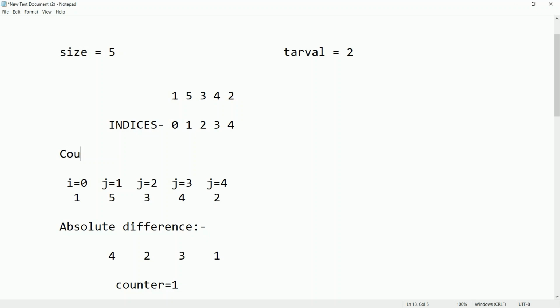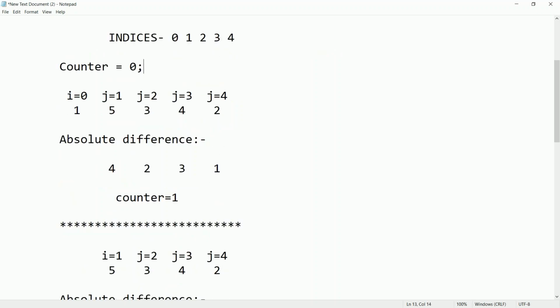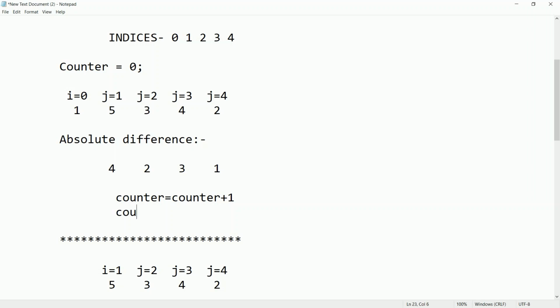What we will do here is increase the counter by 1 every time we encounter such a pair whose absolute difference is equal to the target value, and here we found only one such case. We will increase the counter by 1 and now the updated counter value becomes 1.